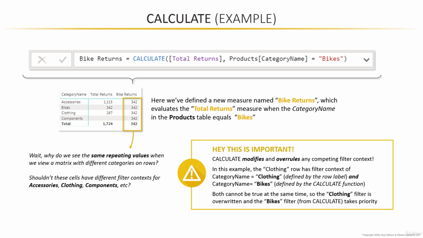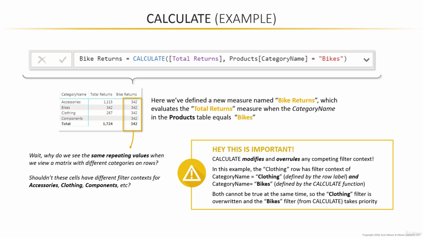Now let that sink in for a minute. Let's pay attention to the clothing row, for instance. That clothing row in the matrix has filter context of category name equals clothing, which is defined by the row label, and it also has filter context for category name equals bikes, defined by the calculate function. And since both can't be true at the same time, the clothing filter is overwritten and the bikes filter from